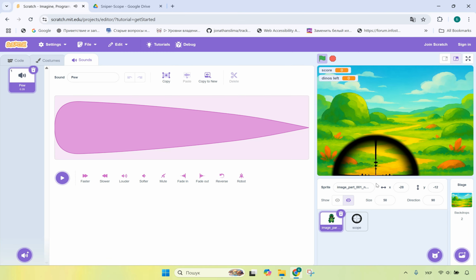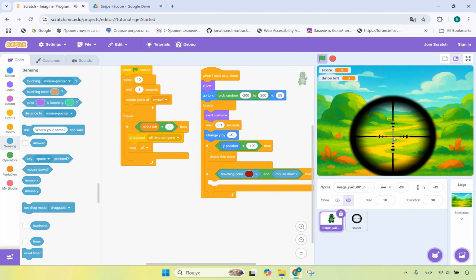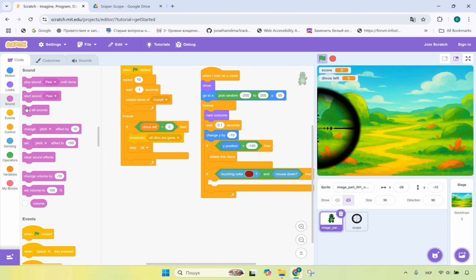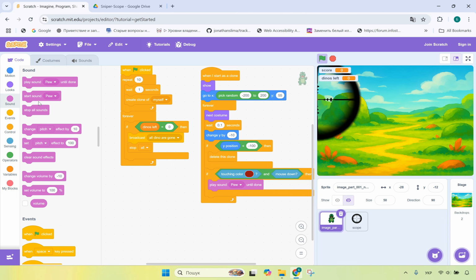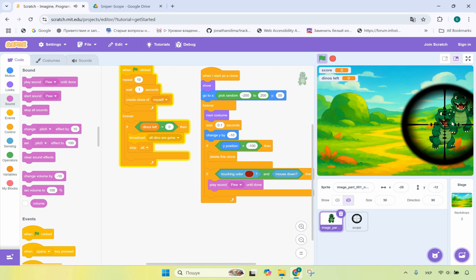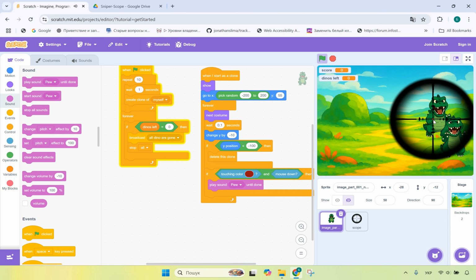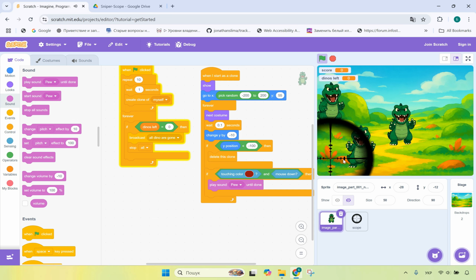Let's check it out. Pew, nice sound. And here, if both conditions are true, we add the sound and play sound pew until done, or just start sound pew. So let's click on the green flag, and when we click just on Dino, we play sound pew until it's